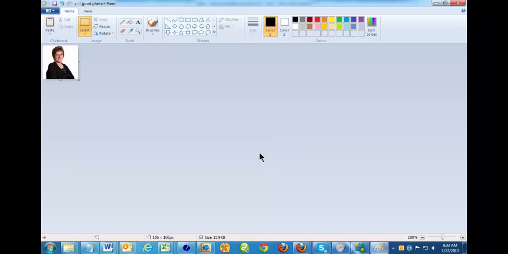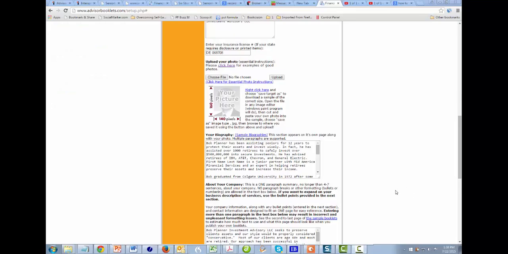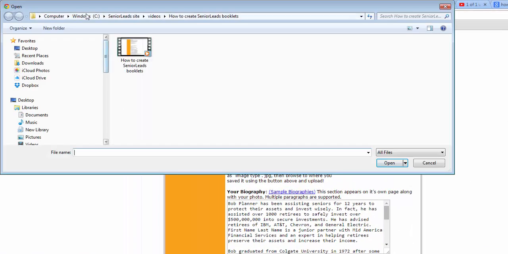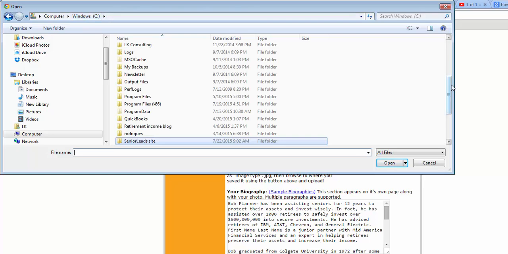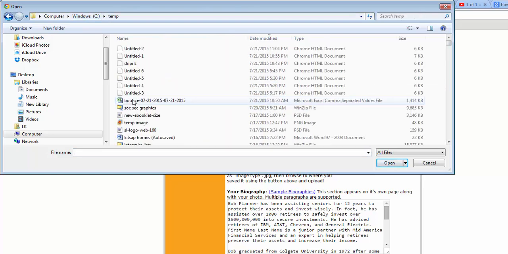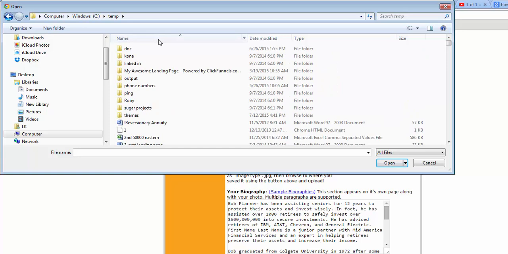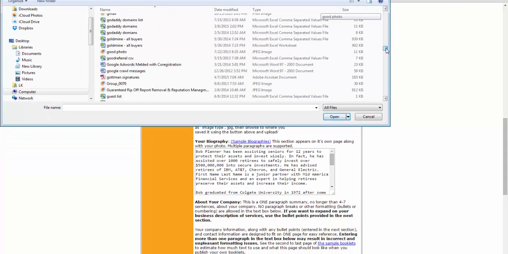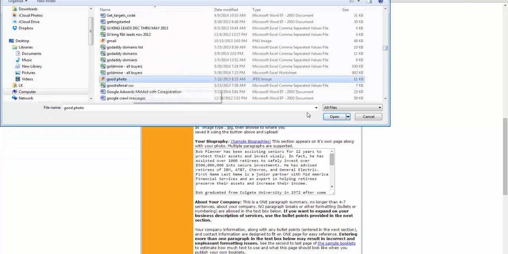I can save it. And so now when I go back to my booklet setup, where the photo is, I choose my file. You've got to remember where you saved it. Let's see, I called it good photo, so it should be alphabetical. There we go. Choose. See, now it says good photo. I choose it off my hard drive. I click upload,